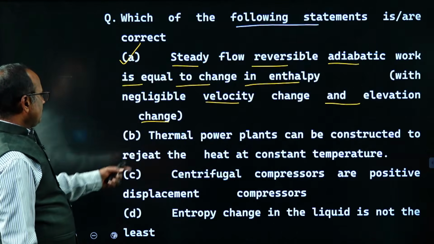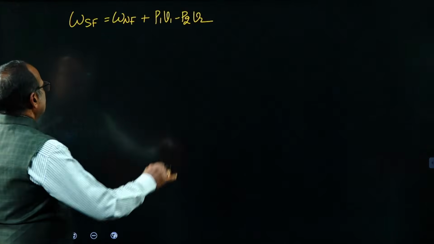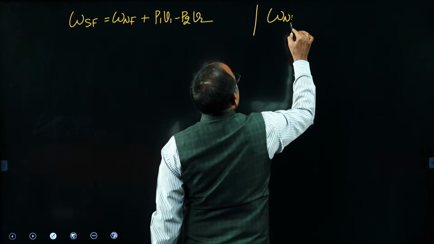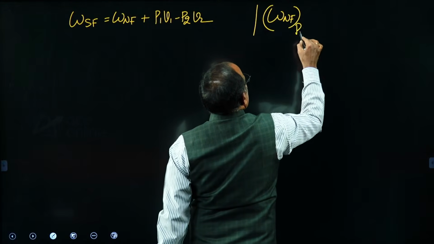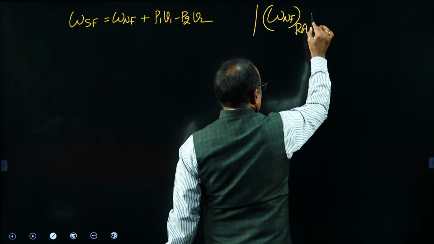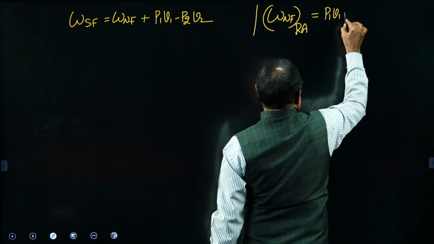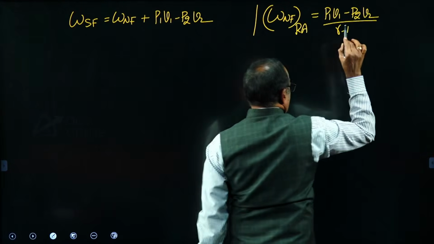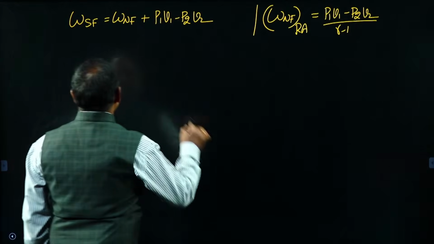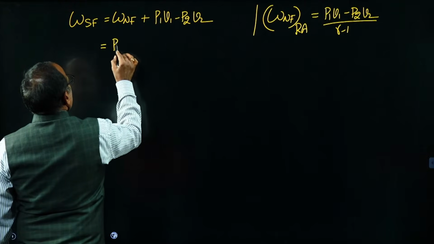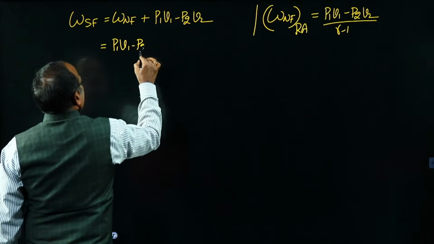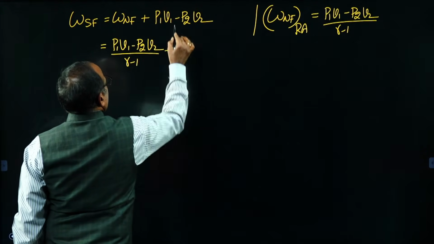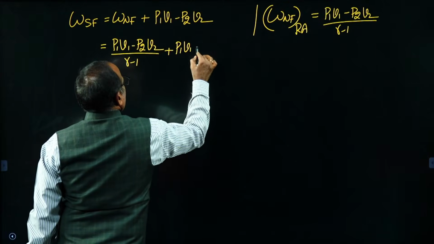But our option is given for a reversible adiabatic process. This non-flow work for a reversible adiabatic process equals P1V1 minus P2V2 by gamma minus 1. Let me write that value here. It is equal to P1V1 minus P2V2 divided by gamma minus 1 plus this quantity P1V1 minus